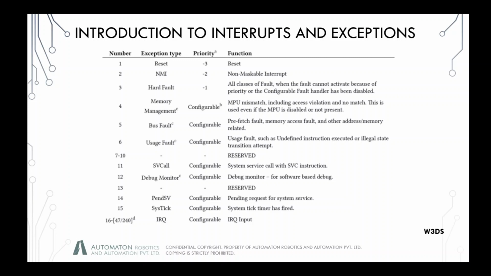So we have a feature called interrupts, and it is just an asynchronous event that is going to stop the execution of the current code on a priority basis, to sum it up. And the more important the interrupt is, the higher its priority. On the left side of the screen, you can see the numbers 1 through 15 and then 16 and so on. Those tell you the priority as defined by the manufacturer, and then you have the user priority.